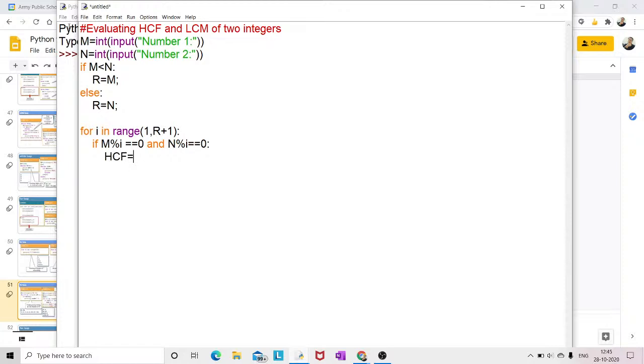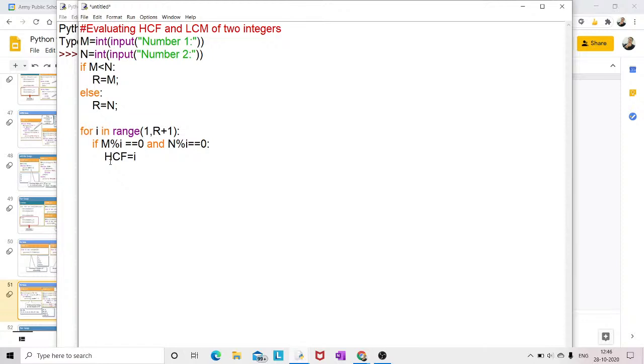और HCF के अंदर वो वैल्यू रहेगी जो इन दोनों को डिवाइड करेगी। और इसमें हम r+1 तक जा रहे हैं, इस रेंज तक जा रहे हैं। तो जैसे जैसे जो जो नंबर m एंड n को डिवाइड करते जाएंगे, वो HCF को अपडेट करता जाएगा। यानी पहले 1 होगा, 1 m को भी डिवाइड करेगा, n को भी डिवाइड करेगा, और 0 भी आएगा, तो उस टाइम पर HCF 1 होगा। देन i की वैल्यू 2, अगर 2 m को डिवाइड करेगा, n को भी डिवाइड करेगा, तो HCF अपडेट हो जाएगा, 2 हो जाएगा। फिर 3 होगा। तो कहने का मतलब जब तक ये लूप चलेगा तब तक HCF हाईएस्ट वैल्यू से अपडेट होता रहेगा। तो जब लूप से आप बाहर आएंगे उस टाइम तक आपका HCF इवेल्युएट हो चुका होगा।